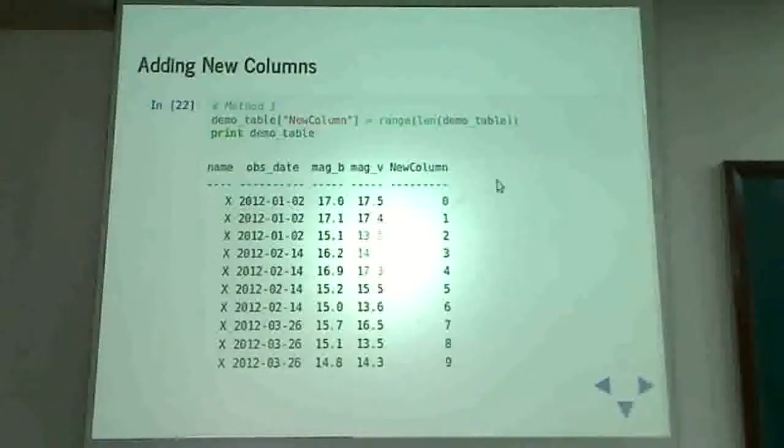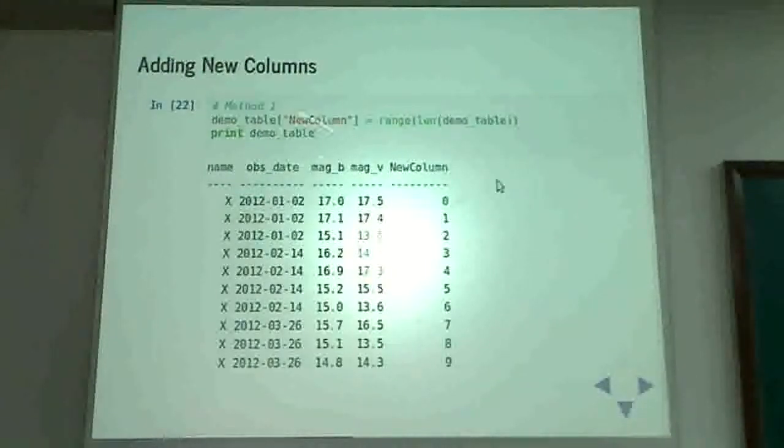How do you add new columns? Counter question: how do you add new key value pairs to a dictionary? If you take a dictionary and refer to a key that does not exist and give it a value, what happens? It will create a new pair. If you give it an existing one, it will change the existing one. Same is applicable for table objects as well.